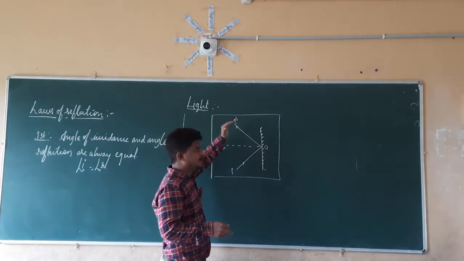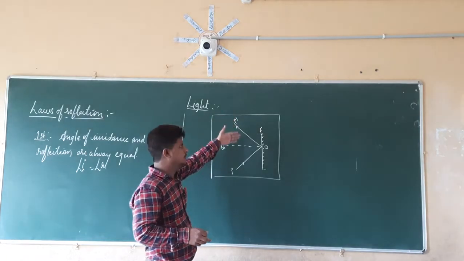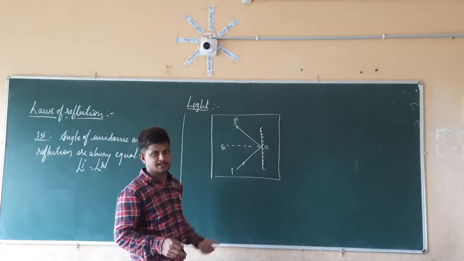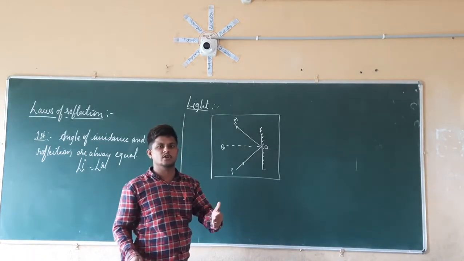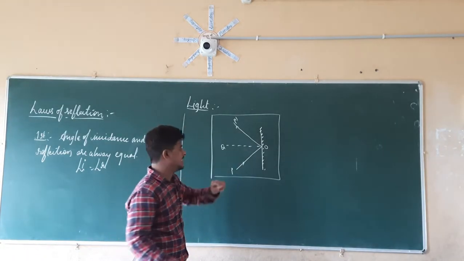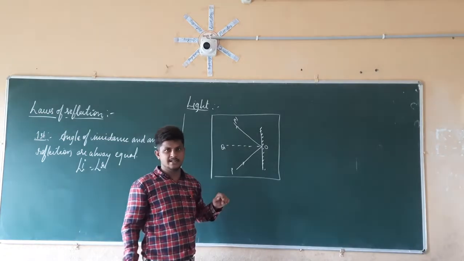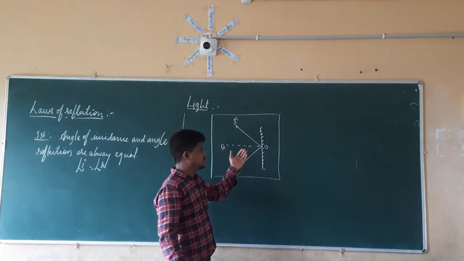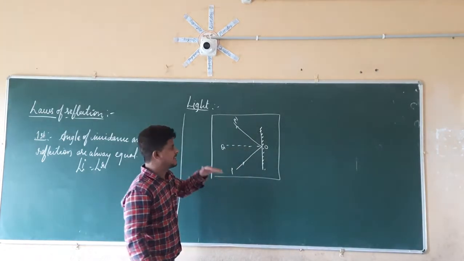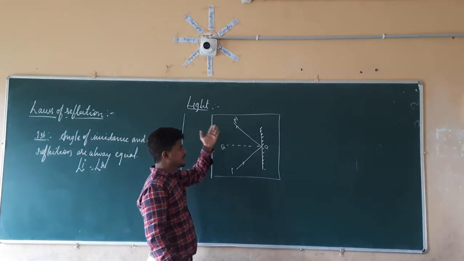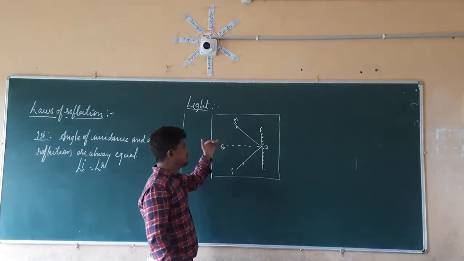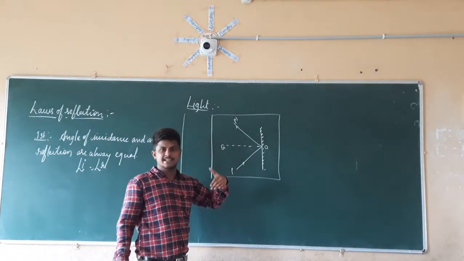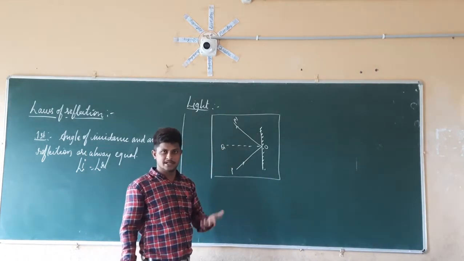Again we are going to unfold that paper, and again we see that reflected ray. If it were not possible to see the reflected ray, that would mean the reflected ray is going inside the folded paper. But when we fold the paper, we are still seeing the reflected ray.